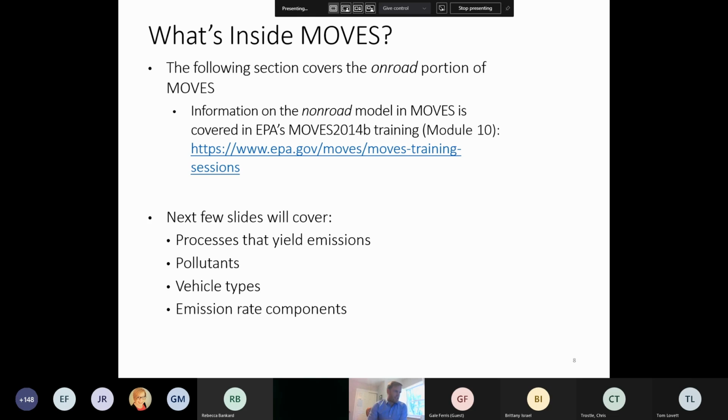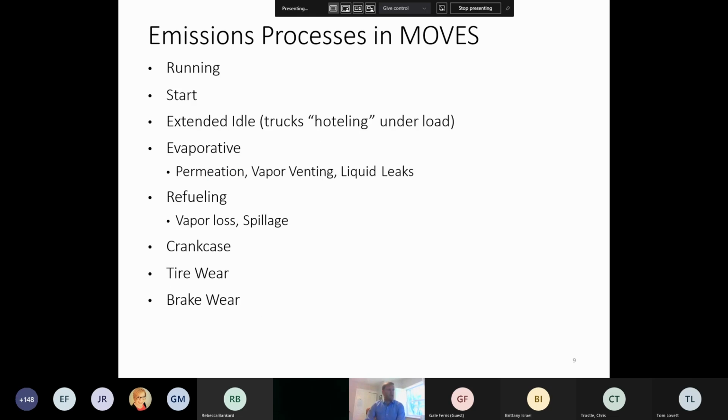So the next couple slides, I'm going to get into what MOVES can model. So starting out, there's not just one type of emissions that come from mobile sources. You've got, of course, tailpipe emissions. Those are considered just running emissions, what's coming out your tailpipe when you're driving around. Start emissions, so you're going to have a different